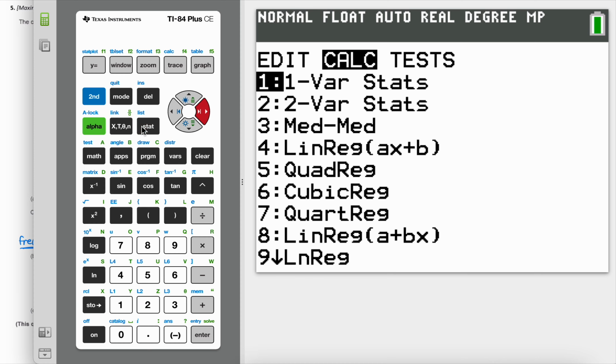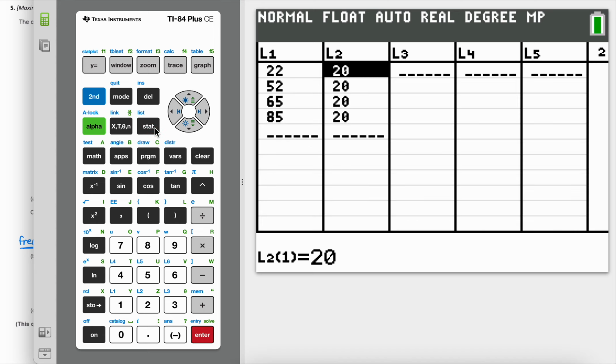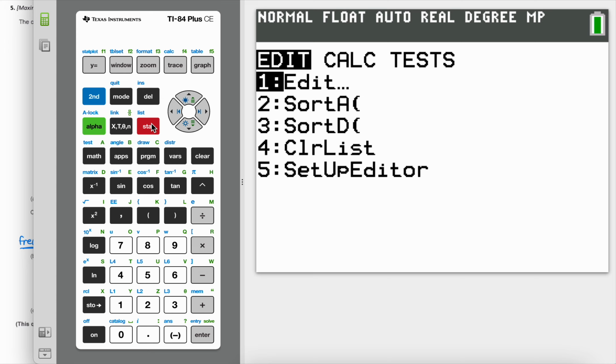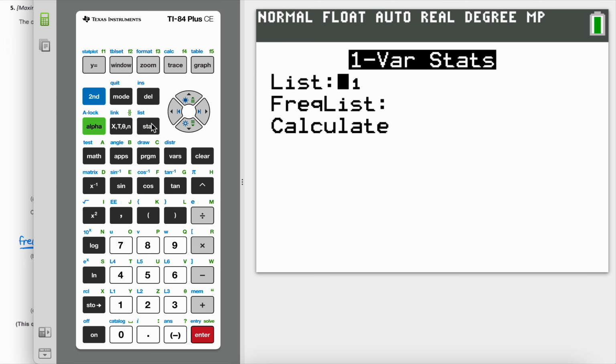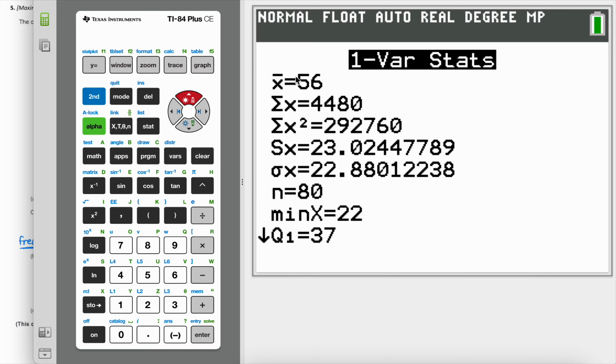So for the mean, I would go to my data and statistics and then edit the data. And you can see here I've put my data value as the midpoint, 22, 52, 65, and 85, and my frequency as 20, 20, 20, and 20. And now we need to work out the mean. So I'm going to go to calculations, and I just have one variable. My variable is speed. So the list of the data is in list 1, and then the frequency is found in list 2. So I now need to add on list 2, so L2 is this one here, and then I can calculate it. And my mean is this one right at the top, the x with the bar on it,